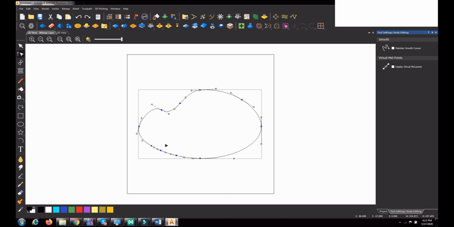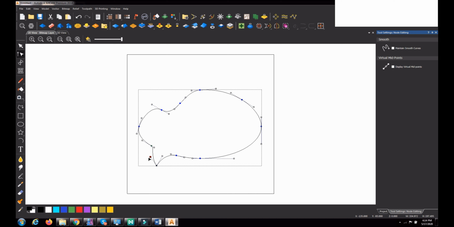Now you can see the blue color nodes. These are all smooth nodes. If I want a normal node, not a smooth node, I press S once again, and it becomes black in color. If you pull this node, you can see it will be more sharp.